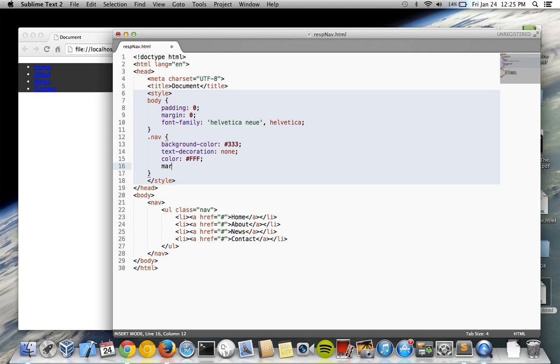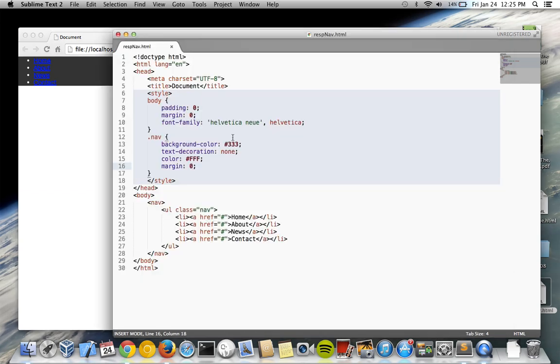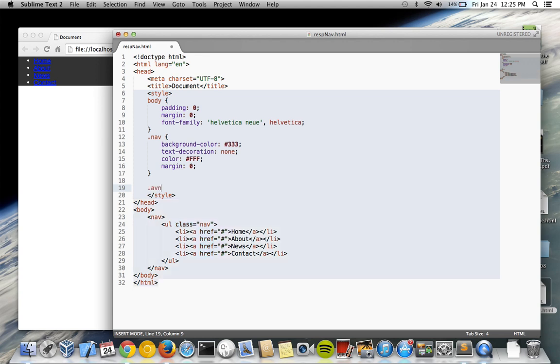Nope. So the nav itself has a little bit of margin. So the text decoration didn't go away. Don't know what happened there. Dang it. This is CSS for you. That's okay because I'm just going to